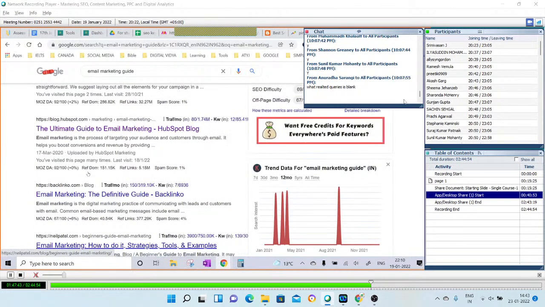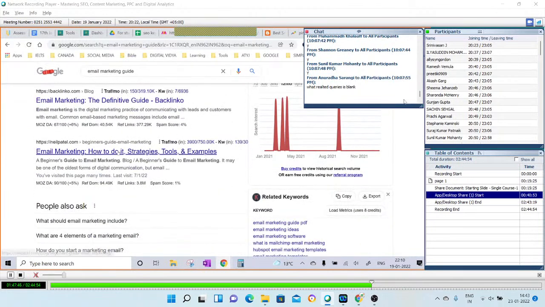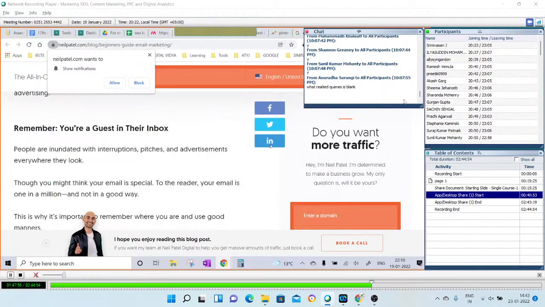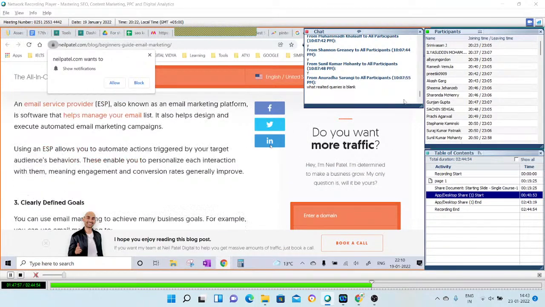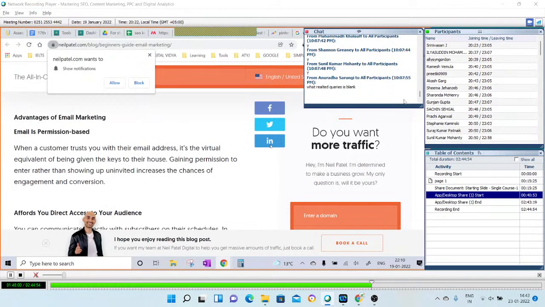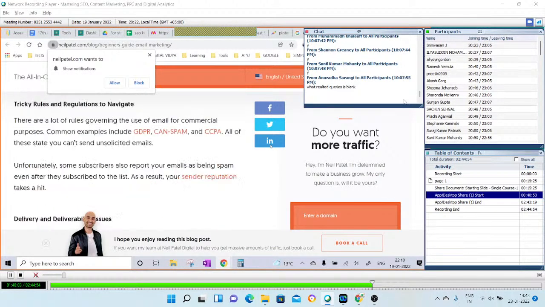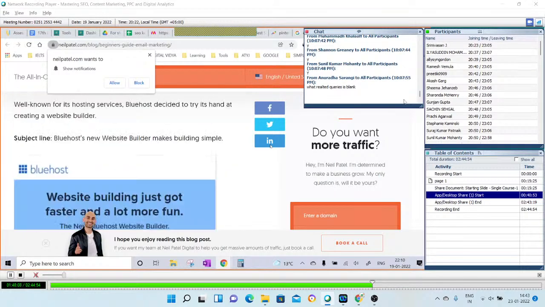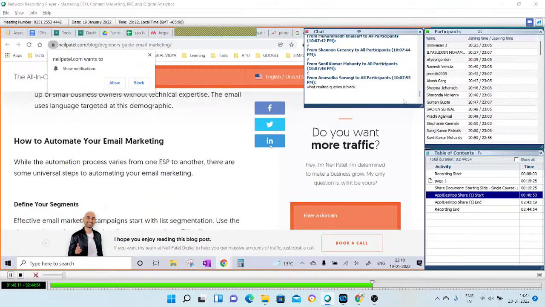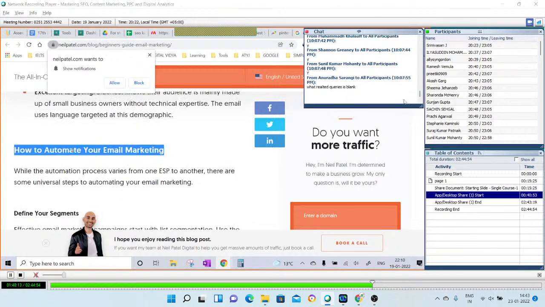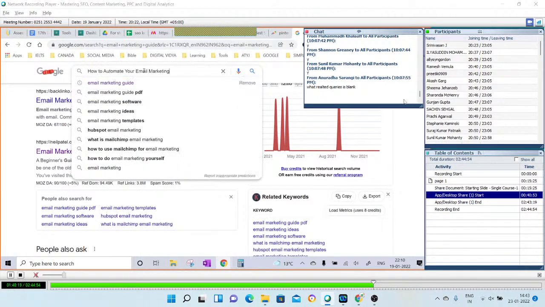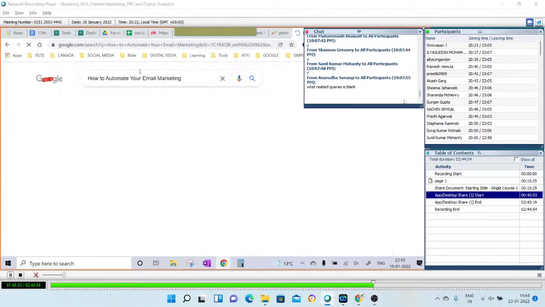So this is ranking on fourth, 1, 2, 3, fourth, when I wrote email marketing guide. Now I go down. I'm just trying to find something which is a subtitle, a unique one. I don't know how this is ranking, but we can take two examples from HubSpot also. I've seen one thing. So this was ranking on fourth, and now if somebody comes in with something like how to automate your email marketing, it's a different search, you can see.